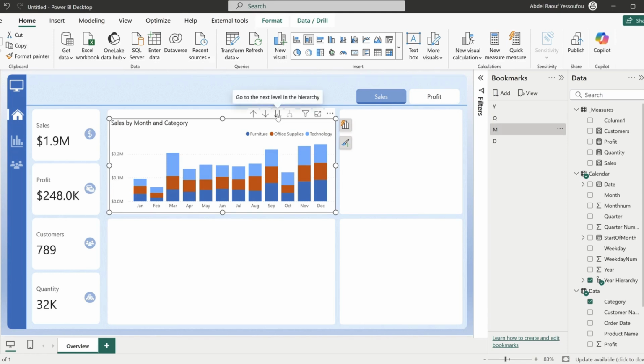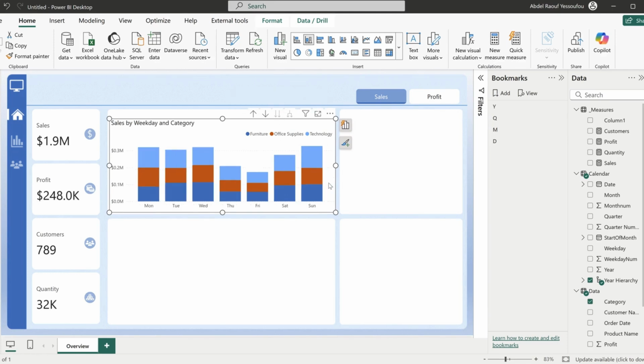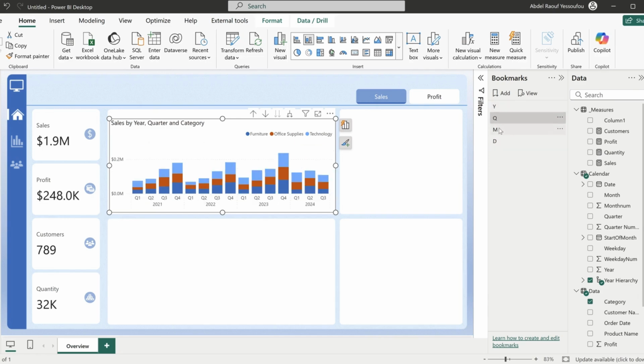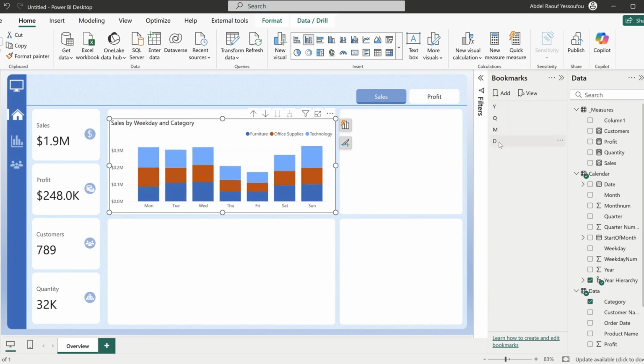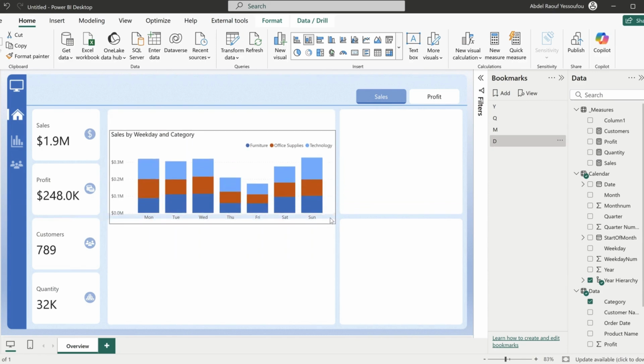Then I'll do the same thing for day. Okay, so here day is already showing. I'll go to D, selected visuals, and then I'll go again, update visuals. So let's look, Y, Q, M, D. Okay, so this is what we have. Okay, now